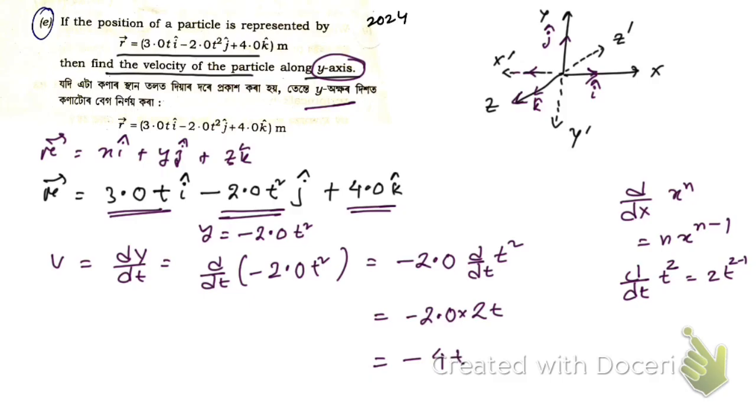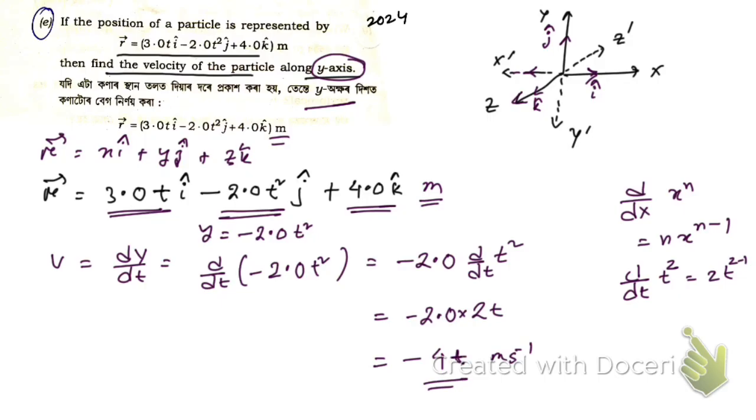So here this position is in meter, so we're going to write meter per second here. So now you see this is the velocity. Time is not mentioned here, at which instant you need to find the velocity, so you need to keep it minus 4t